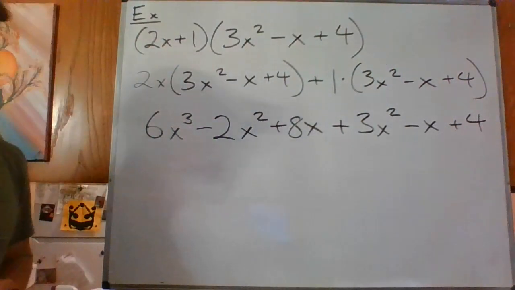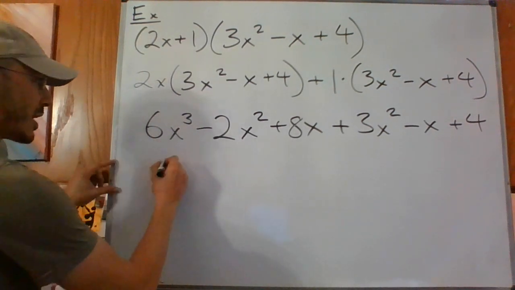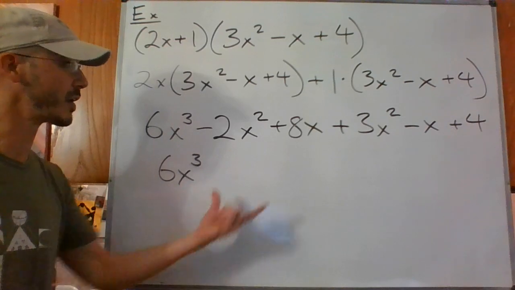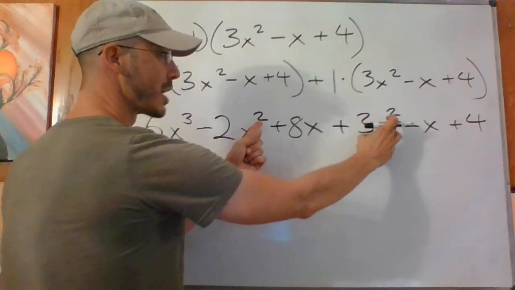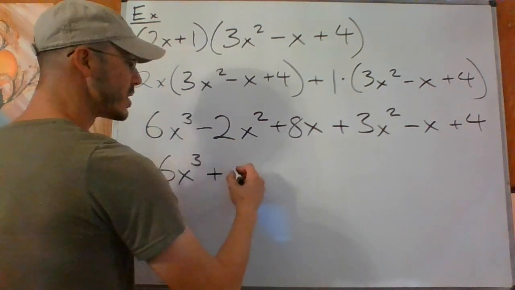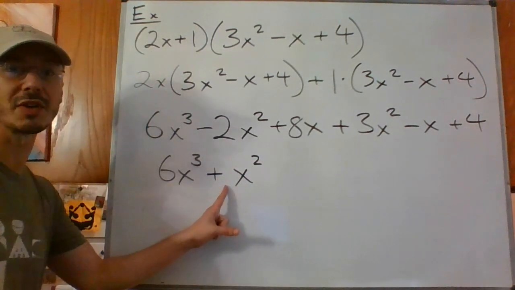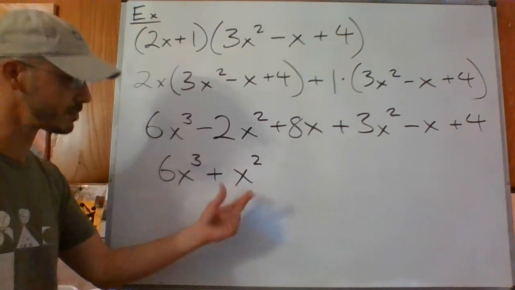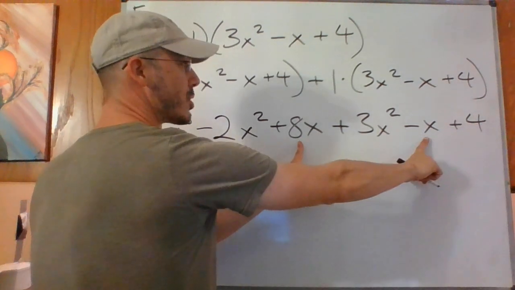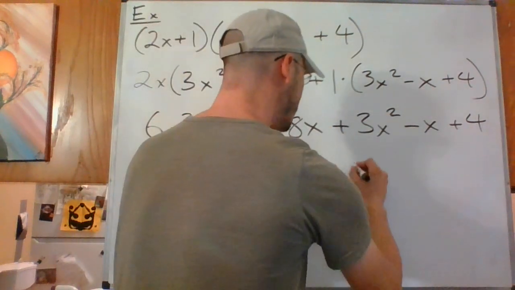So now I can combine like terms. I've only got one term with an x cubed, and it's the highest power term of all these, so it should be first. If I go to the next highest power, x squared, I've got negative 2x squared plus 3x squared, that's positive 1x squared. Negative 2 plus 3 is how I get that coefficient. And since it's 1, I'm just going to write the variable part. There's two x terms, 8x and negative x. Those combine to 7x. And then there's only one constant term,